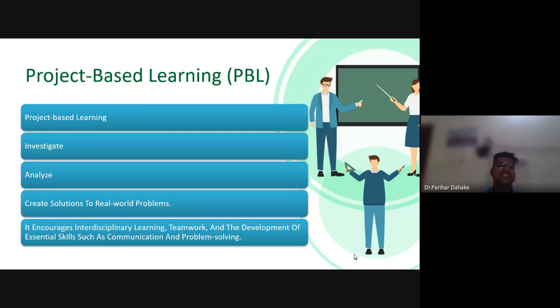So you just give them a project based learning. You should tell them how to conduct the survey, how to collect the information, how to prepare the report. Out of the book, they will understand the real problem of the marketplace, and afterwards they will come up with a solution which will give a great outcome for their learning purpose.